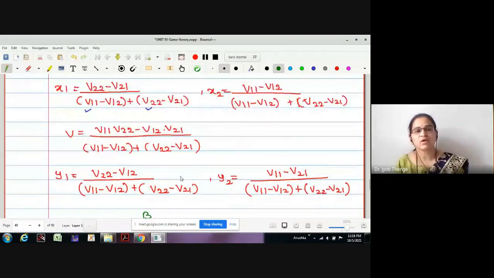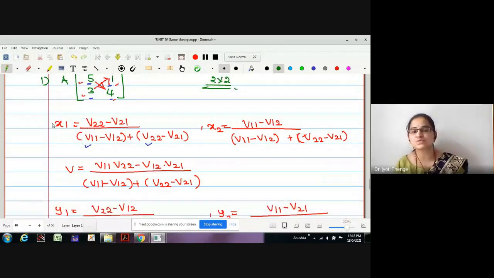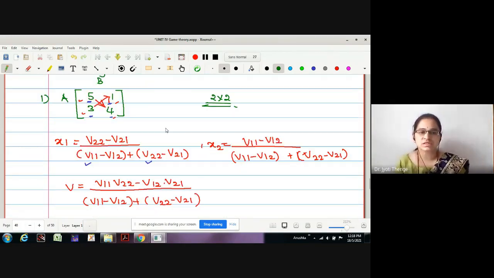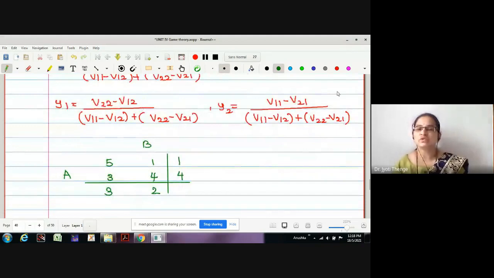Okay. And what for the denominator of x1? This is the sum of the first difference of the first row element and the second row element, right? This is the difference of the first row element, and this is the difference of the second row element. Whatever values we have found, we have to just add them up as the denominator. We have to just add these values as the denominator for x1 and x2.